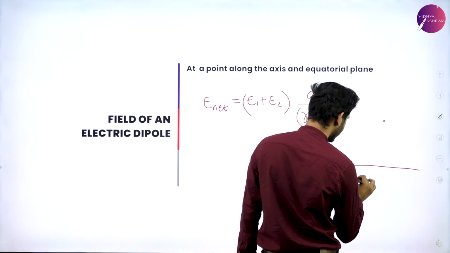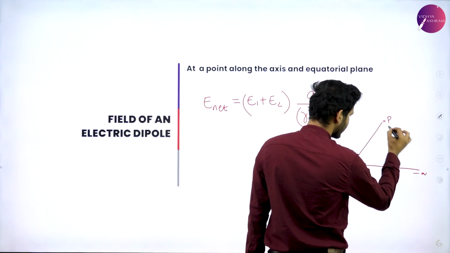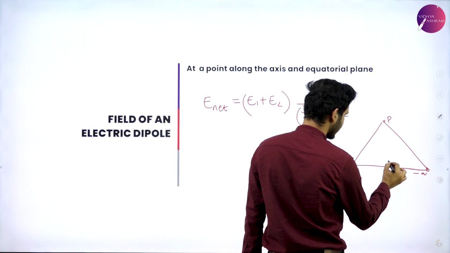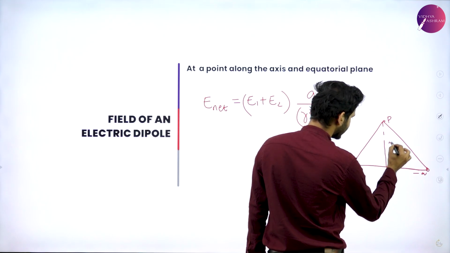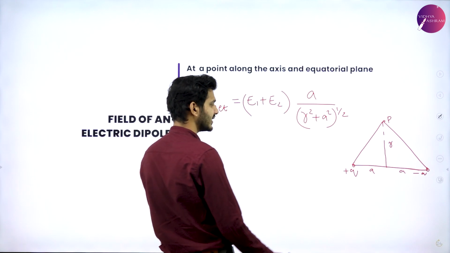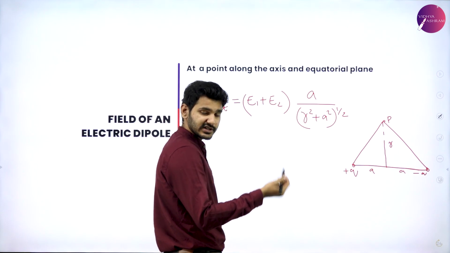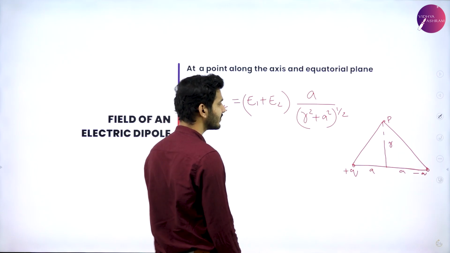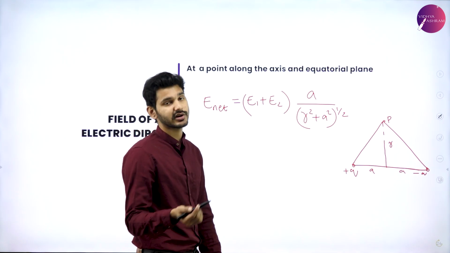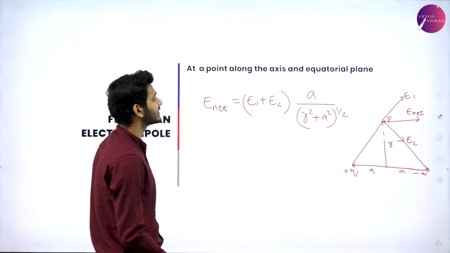Again, a point P will be here, plus Q, minus Q, point P. This will be the dipole and this will be the representation of that dipole, so that we know this is A and this is R. So we got this distance as (A² + R²)^(1/2). And that is how we simplify this into the form A divided by (R² + A²)^(1/2). So we have reduced this equation into this form, and now we are going to substitute what